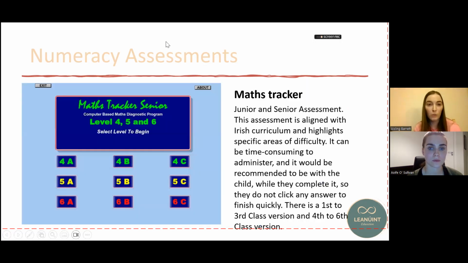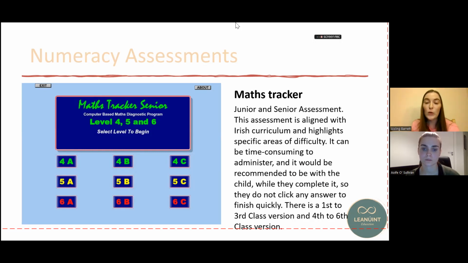What I find is the most useful assessment when it comes to maths is Maths Tracker. This is a CD that can be purchased and it comes with a junior CD and then there's a senior CD, junior being 1st to 3rd class and senior being 4th to 6th class. It is based on the Irish maths curriculum, the 1999 curriculum, and it can highlight specific areas